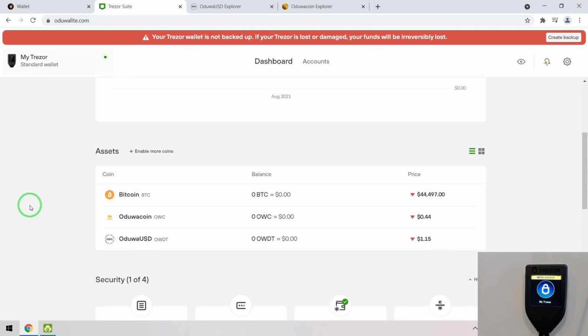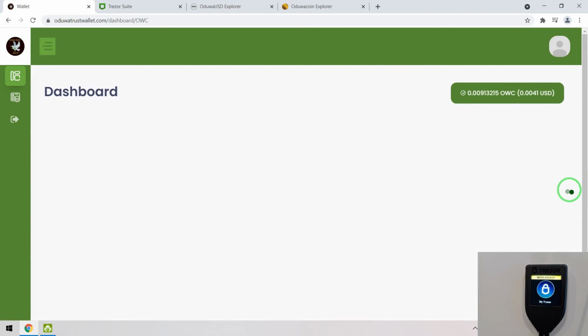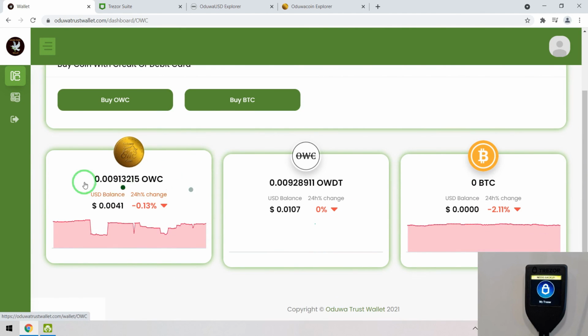I'm showing you the web wallet here also, a Trust wallet. That is a decentralized wallet. You can log in with your seed and send. This wallet doesn't get your private key or anything. It is a pure decentralized wallet. It has no database.